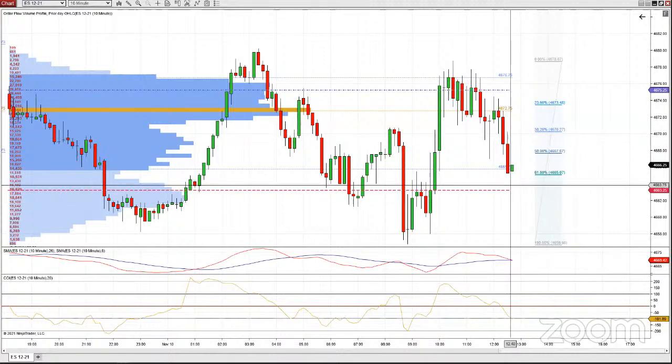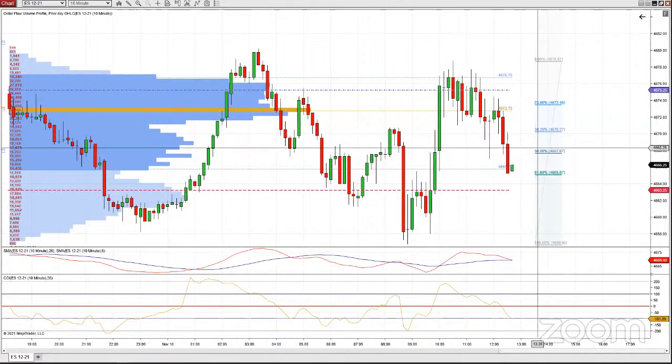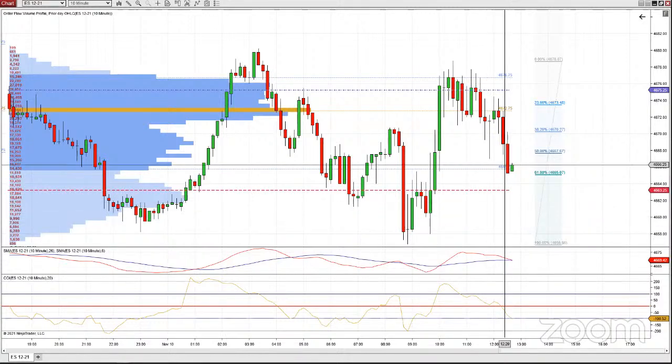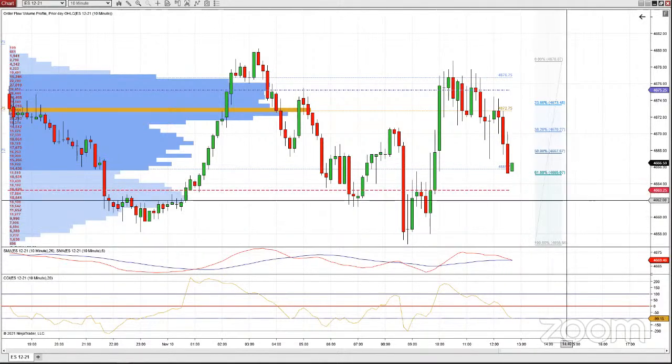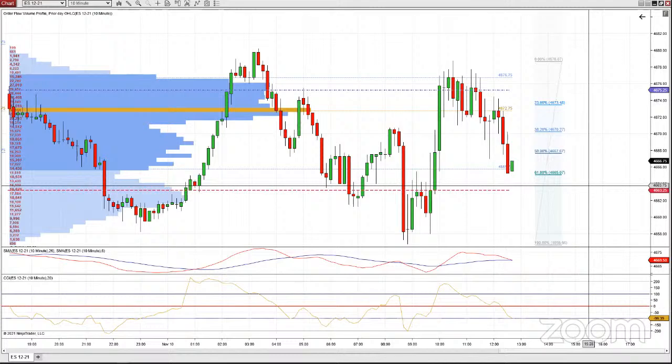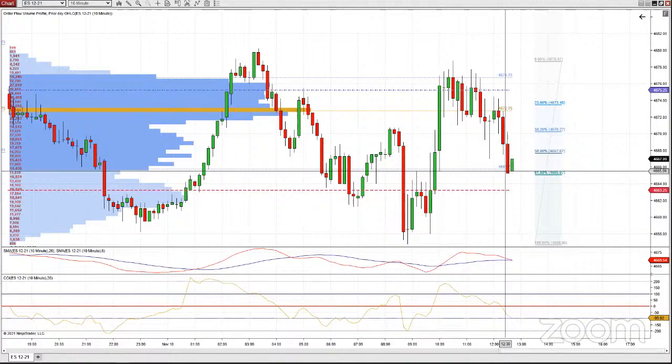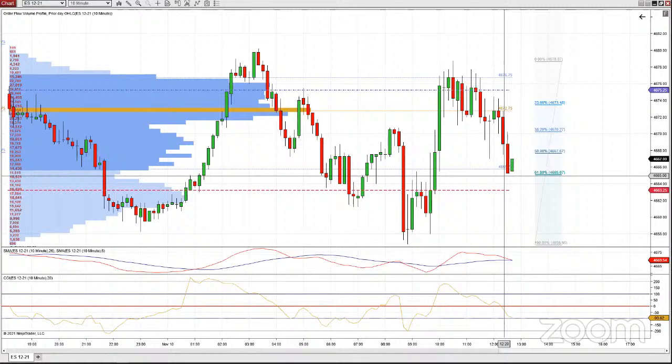I am not. But anyway, these are actionable trade ideas. The idea here is if we start closing below the 61.8% level, then this is no longer a retracement. The trend has changed. The direction has changed. Once we get candles that are closed below the 61.8, we haven't got it yet, and this candle just about touched it, which is amazing to me. And that's where we're at right now.